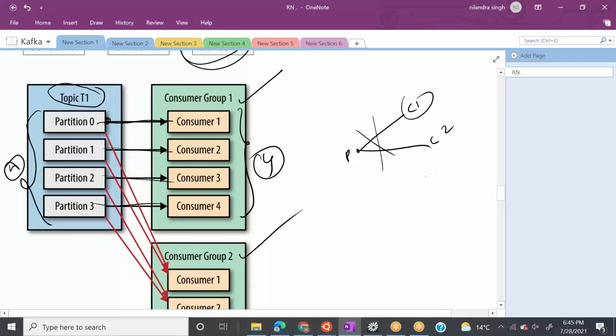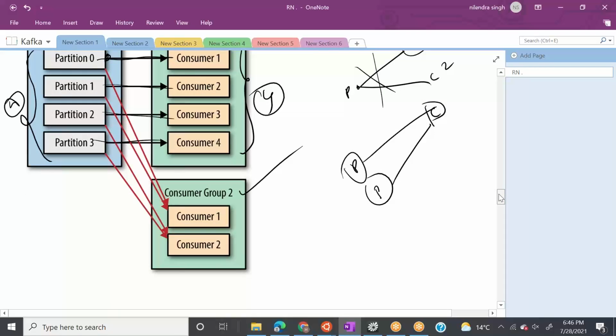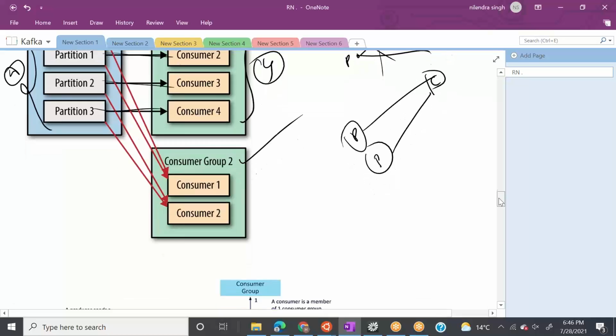But a single consumer can read messages from multiple partitions. This is possible. So we know consumers read messages from partitions, but as a developer, the end user, you do not need to worry about this complexity. Behind the scenes, your Kafka application is doing this for you.